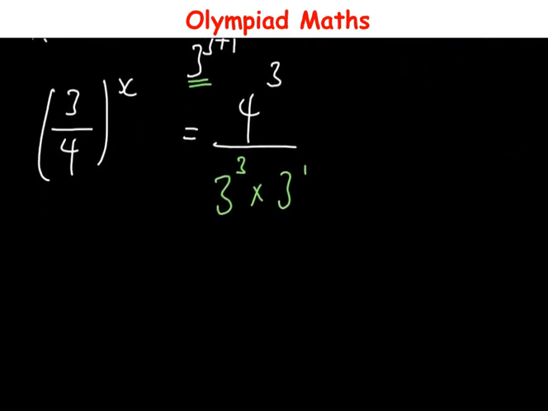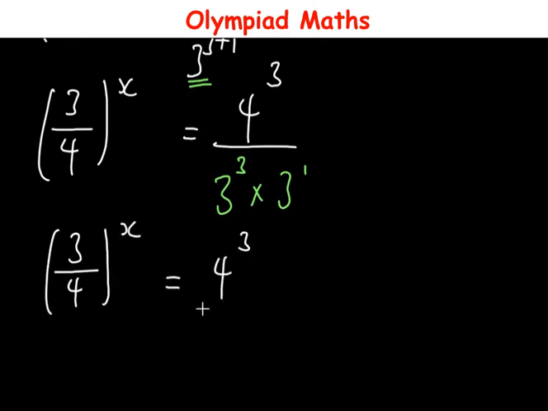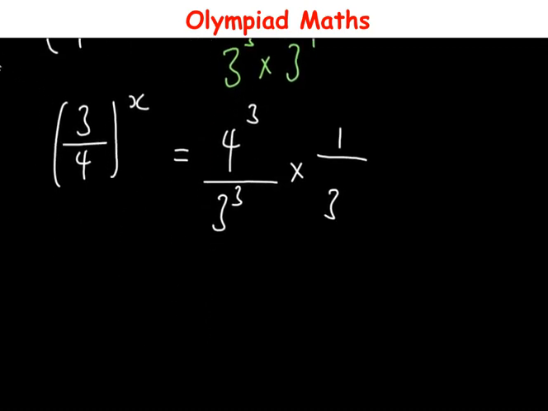And from this, we have in brackets 3 over 4 all raised to power x equals 4 raised to power 3 over 3 raised to power 3 times 3 raised to power 1, which is simply 3. And this can be written as 1 over 3. Okay. Now, from here, we have in brackets 3 over 4 all raised to power x is equal to, applying